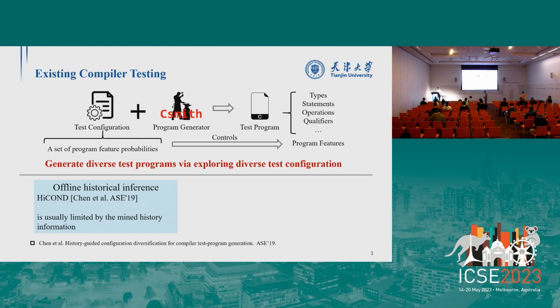Because once a test configuration is generated, we will use this test configuration to generate a lot of test programs and use these test programs to test the compiler. So it is the most time we spend on it. But time-wise, the horizon, like weeks, days, months? How long did you run the evaluation part of your paper? I don't evaluate the time cost, but most of the time is spent on the compiler testing.